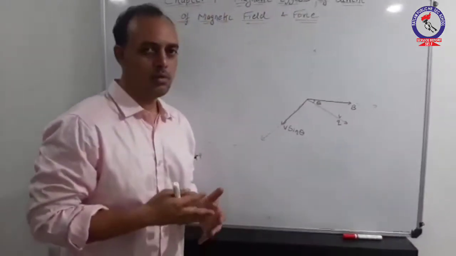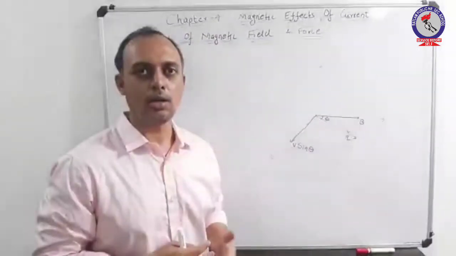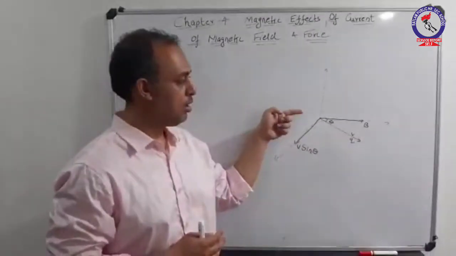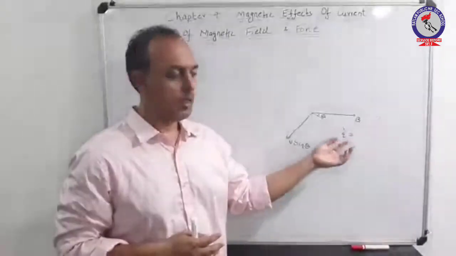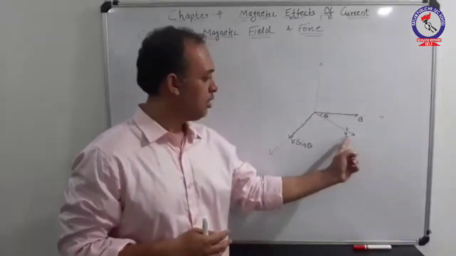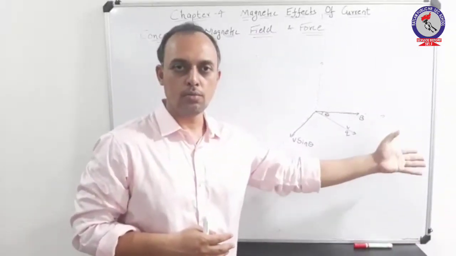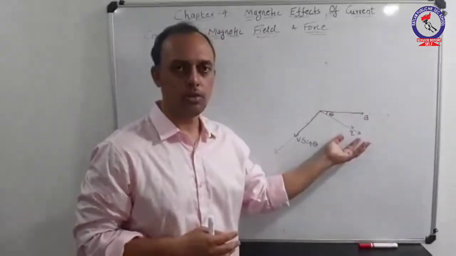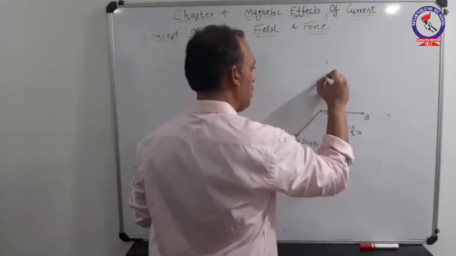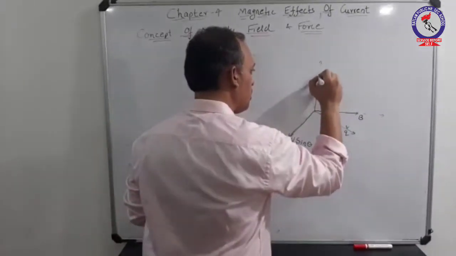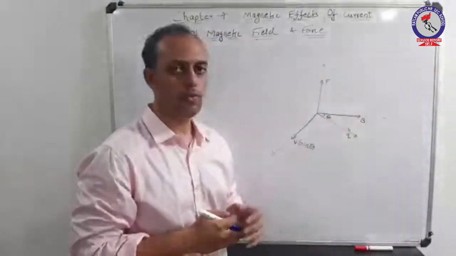Let us observe a particular condition. Let us observe that the magnetic field is acting in a region in the horizontal direction. Consider a charge q which is moving with a velocity v, making an angle theta with the direction of this magnetic field. It is assumed that this charge which is moving at an angle theta will experience a force, and this force is acting in a direction perpendicular to the direction of this magnetic field.